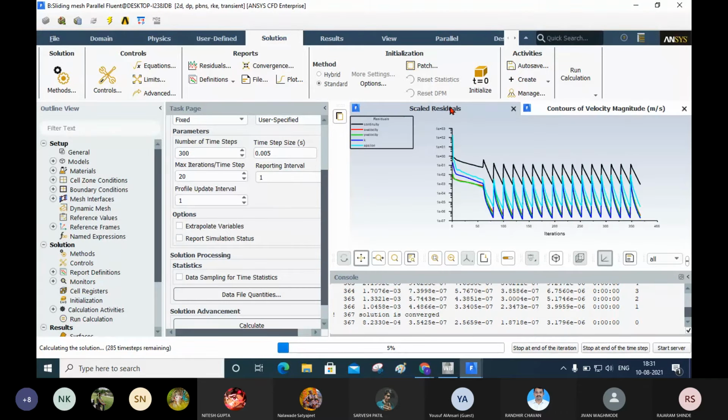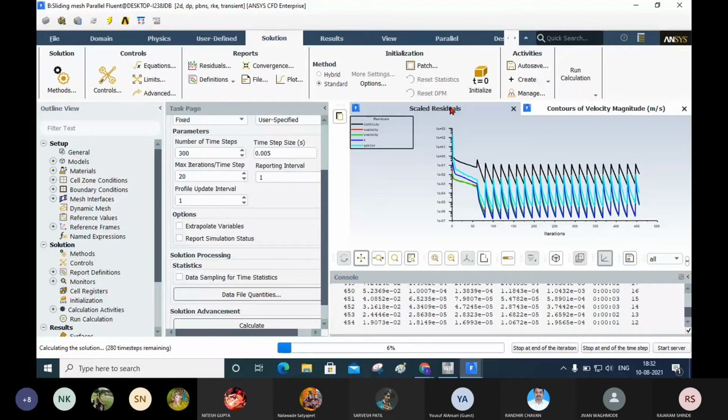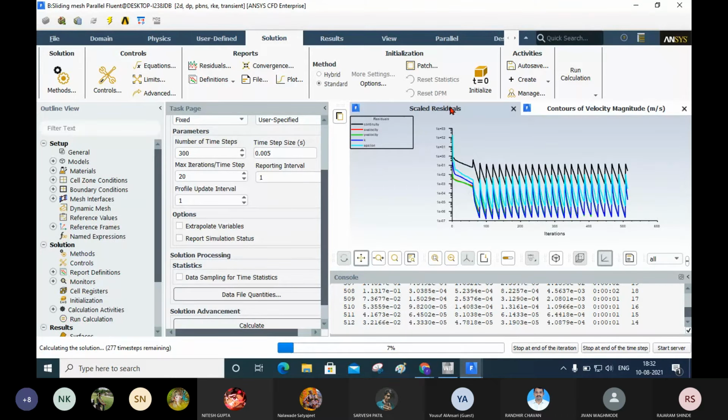Okay, and one more thing I want to tell you here, at each time step, Fluent iterates until the solution has converged for the current time. After getting the solution, it will go to the next time step and iterates until the solution has converged, and this process continues up to the 300 time steps.